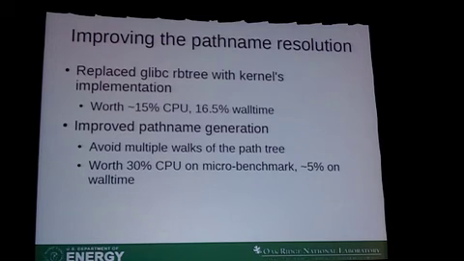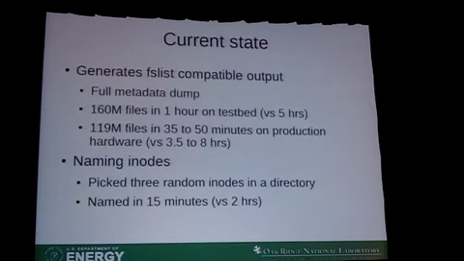So every time I'm naming one, and it happens a lot because I'll get multiple directory entries per block, I don't need to rename everything from before it. I know that I stopped at that directory, so I already know what the path to that directory is. Let me just print the rest of it. This was 30% in a micro benchmark and about 5% on the wall time, on top of the RB tree change. So that's another nice little win.